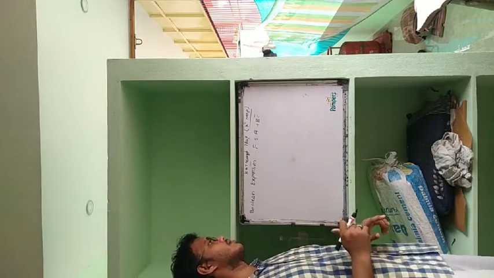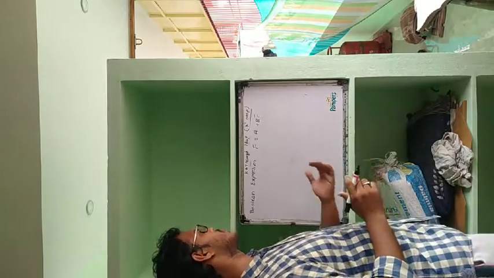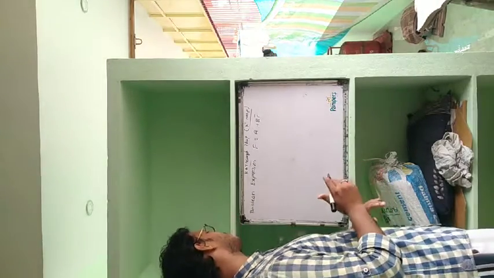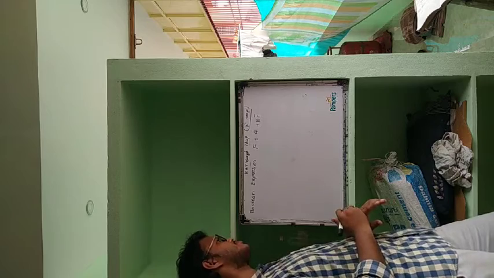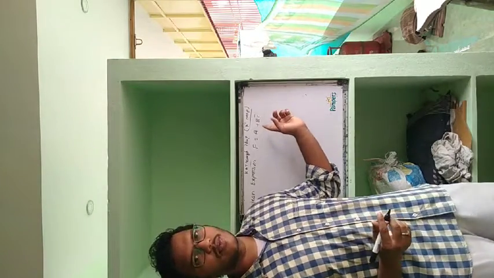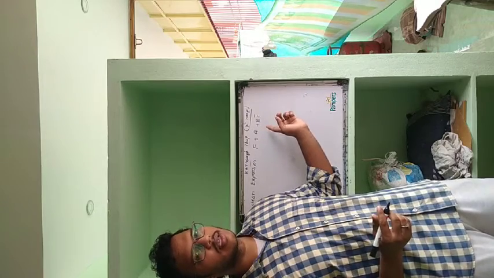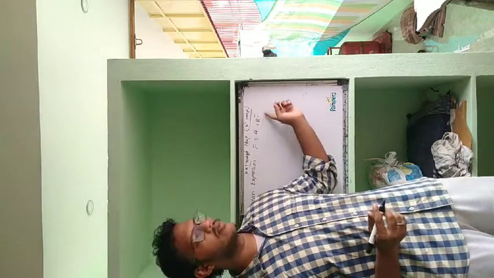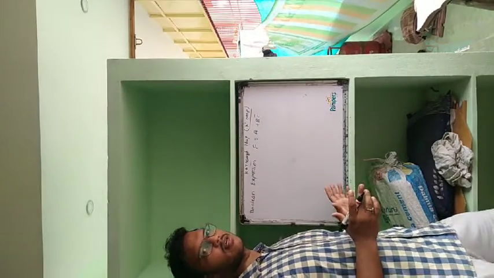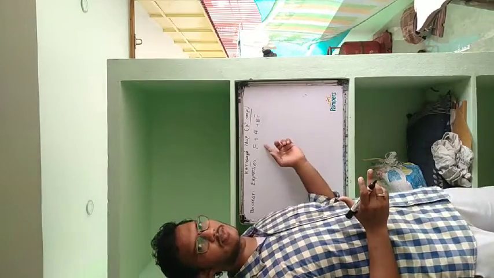See, this Boolean expression is given to you. First of all we have to analyze how many variables there are in the expression. There are 3 variables, A, B, C. So make a truth table for this expression.